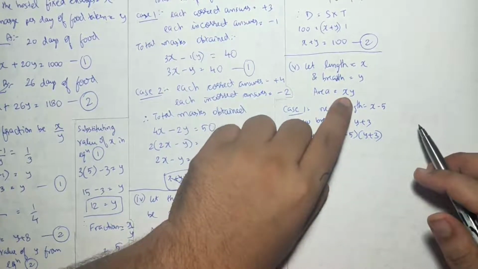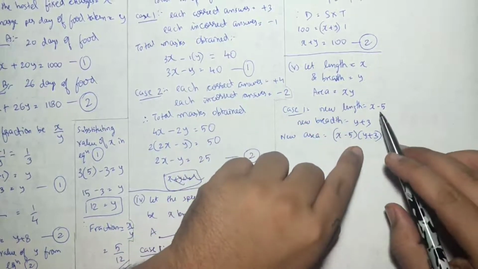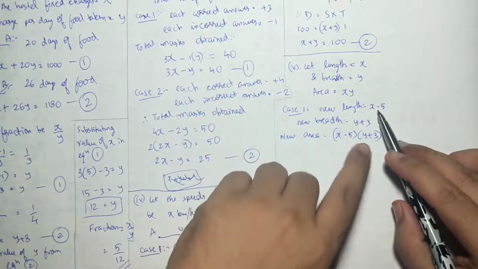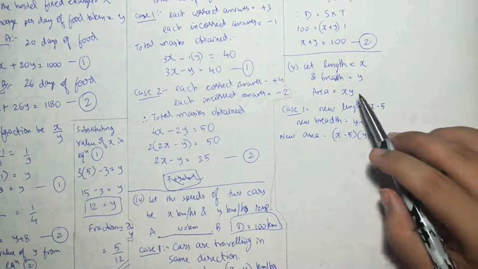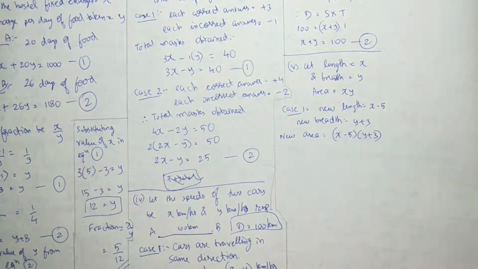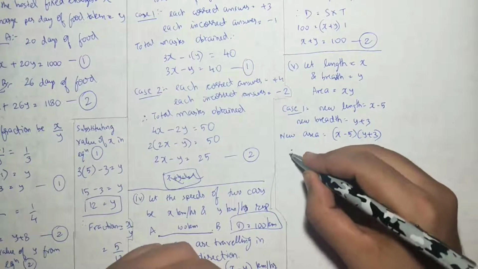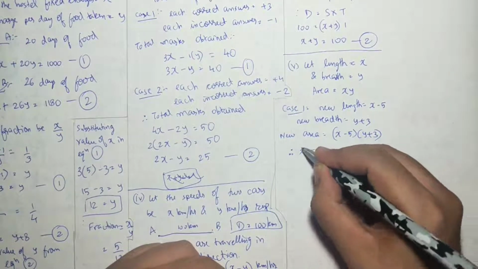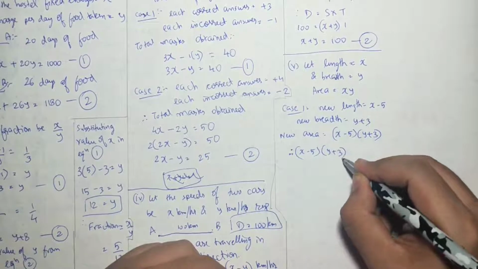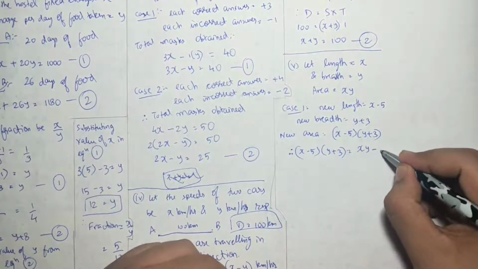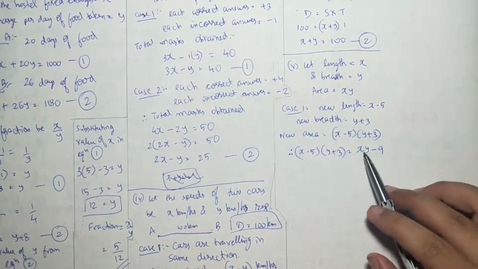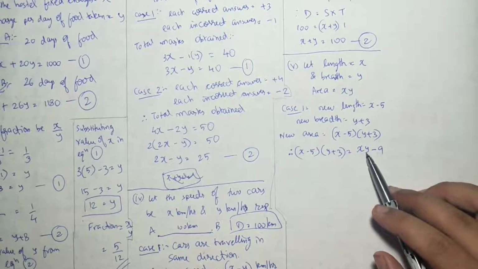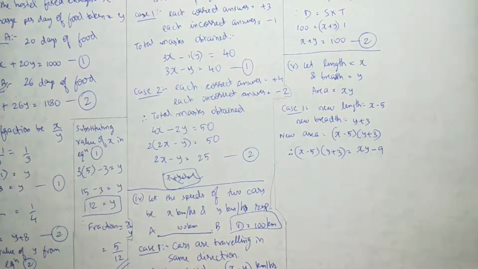What was the original area? xy. जब लेंथ को 5 यूनिट्स कम कर दिया गया और ब्रेथ को 3 यूनिट्स बढ़ा दिया गया, तो जो नया एरिया मिला है वो ओरिजिनल एरिया से 9 स्क्वायर यूनिट्स कम है. So x minus 5 into y plus 3 will be xy minus 9. ये हमारा न्यू एरिया है. न्यू लेंथ इंटू न्यू ब्रेथ, दैट वाज 9 लेस देन द ओरिजिनल एरिया. ओरिजिनल एरिया क्या था? xy minus 9.